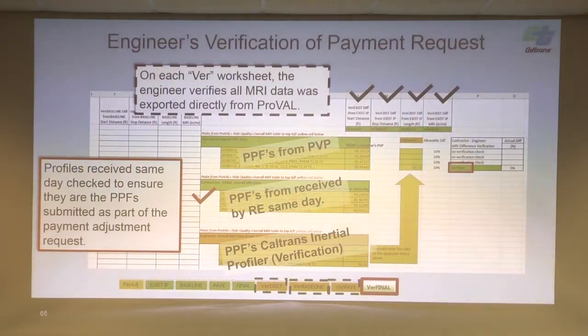The next check is, okay, the contractor gave us a ProVal project file that had all those 4 PPF files in there. We want to make sure that those 4 PPF files are the same files that he gave us that day in the field, or daily in the field. So we can import from ProVal an overall report and get all the MRI values that are in that ProVal project file. Then we can look at the actual values from those individual files.